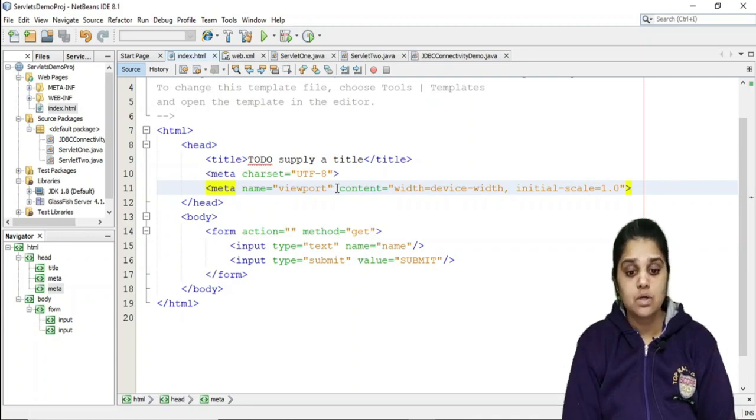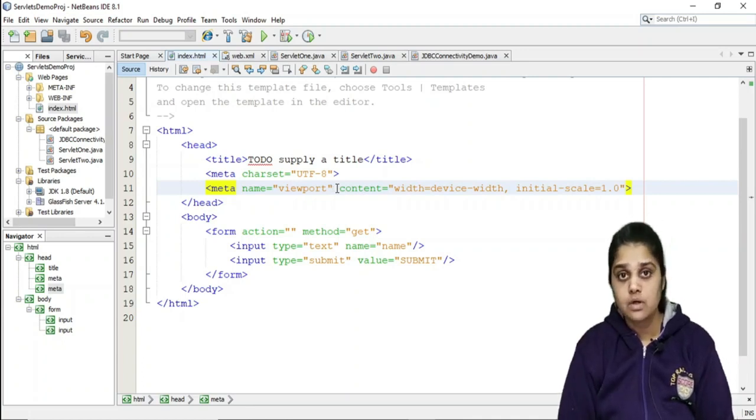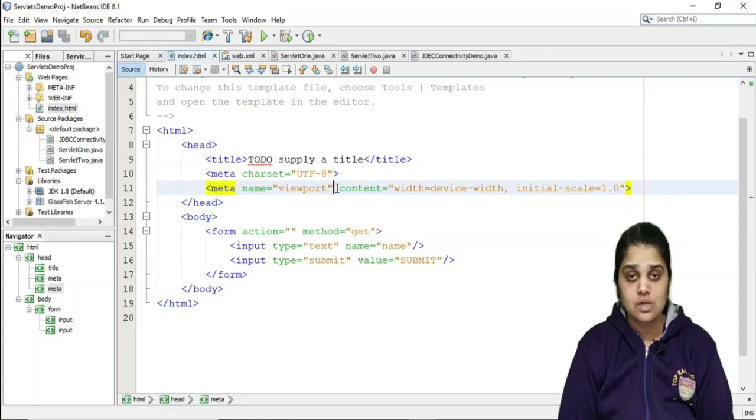We shall now create a simple student form in which we are going to enter the details of the student, and this form will be redirected to a servlet. This servlet is responsible to create a table, to insert into the table, to update the table, to delete from the table, and we will also retrieve results using servlets. So let's begin with our task.